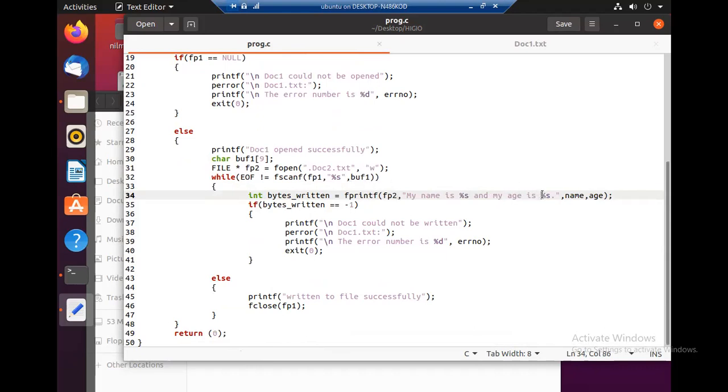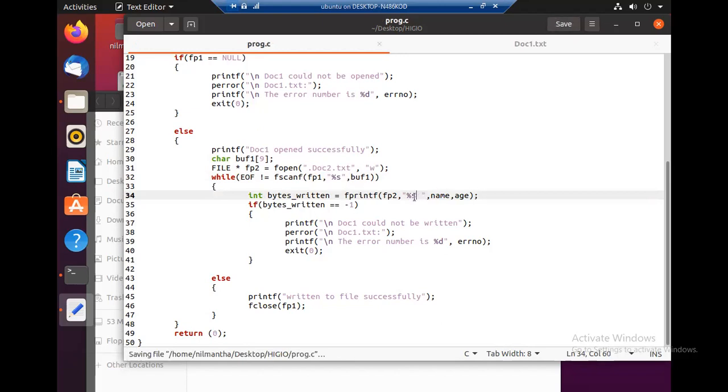We have to only pass this string, but what is contained in buffer1 is without spaces. The fscanf does not keep spaces. It has read without the spaces. So when we are printing, we have to keep the space.